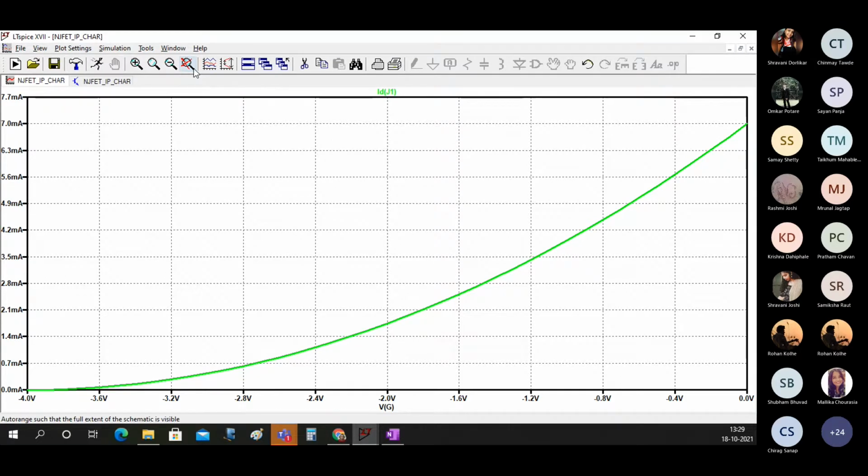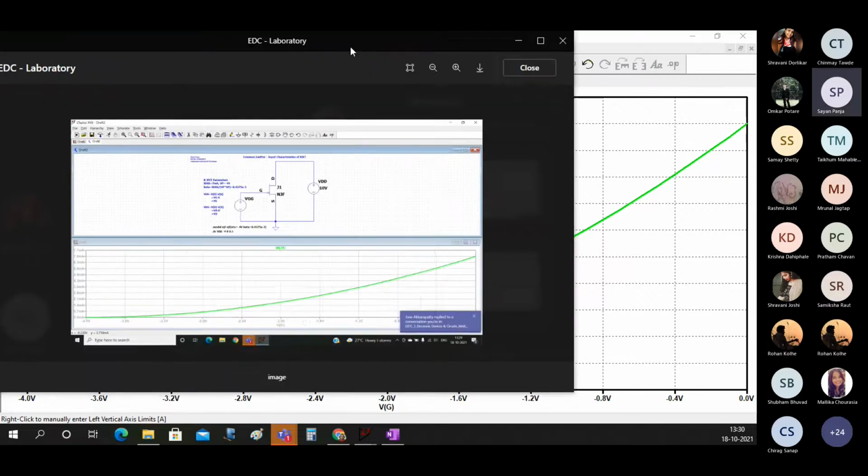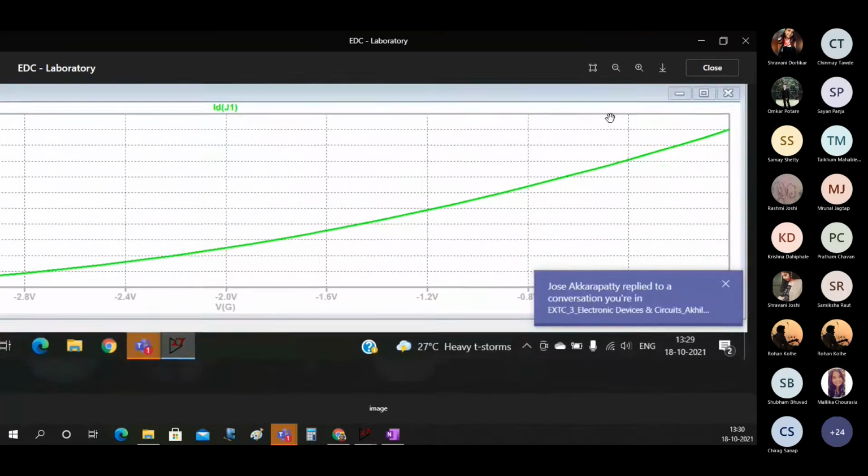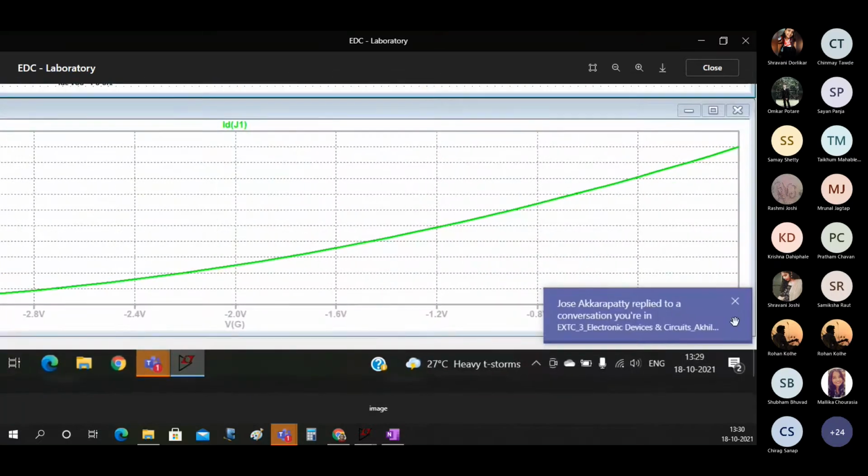Just convert the background to white. Okay, Sayan, let me see. Okay, Sayan, you have changed the trace width to 3. Yes, sir. So this is what you should observe here, Sayan. I think this is 0 here.